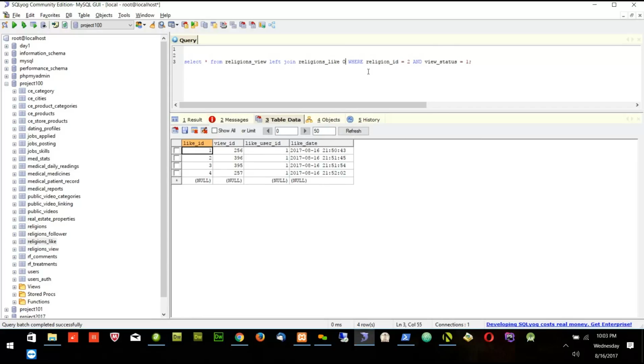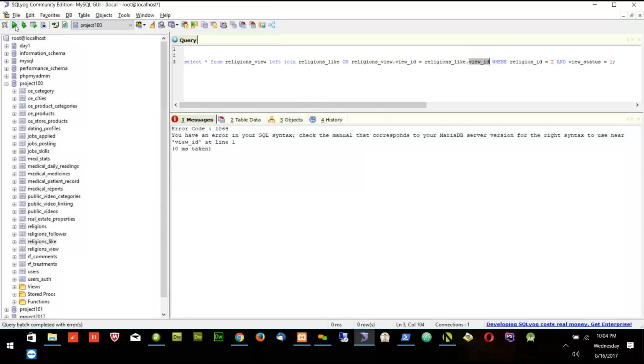So I will say on, and I will put the table name, that is religion view dot view ID is equal to the table name dot view ID. That means table number 1 dot view ID should be equal to table number 2 dot view ID. So now if I run this one,